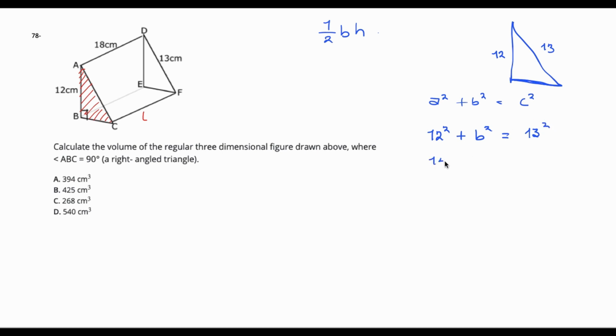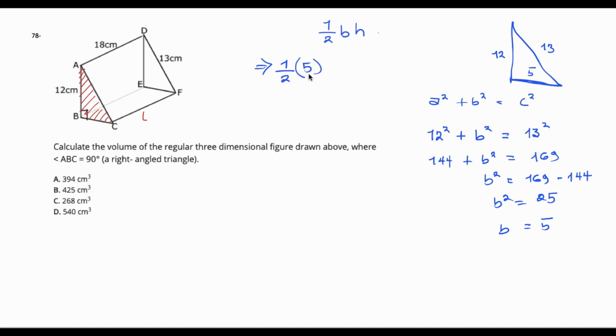So 12 squared is 144 plus b squared equals 13 squared is 169. So b squared is equal to 169 minus 144. So b squared equals 25. If we look for the square root of both sides, b equals 5. So our base here is 5. So now we have our base and we have our height. So half base times height equals half of 5, which is the base, multiplied by the height, which is 12. So the area of our triangle here equals